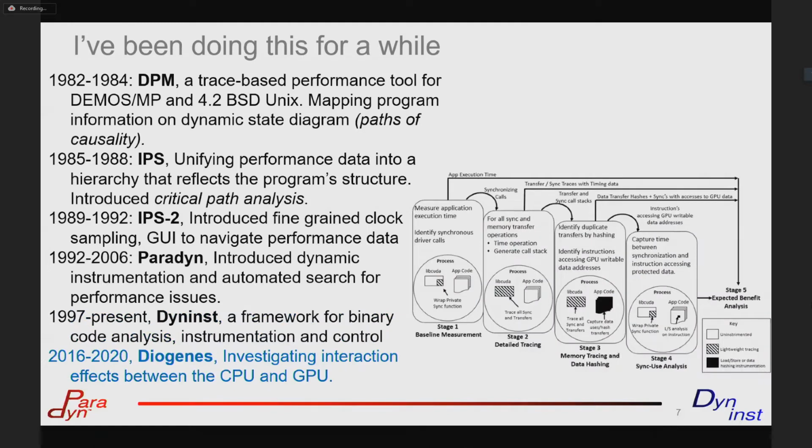And recently, we threw our hat into the CPU-GPU ring, looking at the interactions, not trying to figure out how to make a fast kernel or why your kernel's running slow, but looking at the time that's spent on data copying and synchronization between the CPU and GPU, and found huge things. We found programs wasting 10, 20, up to 50, 60% of their time just on CPU-GPU interactions. So that's kind of a quick summary of that.